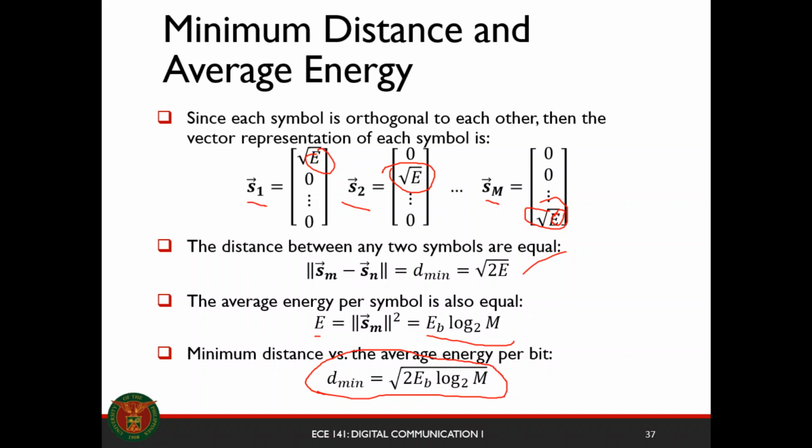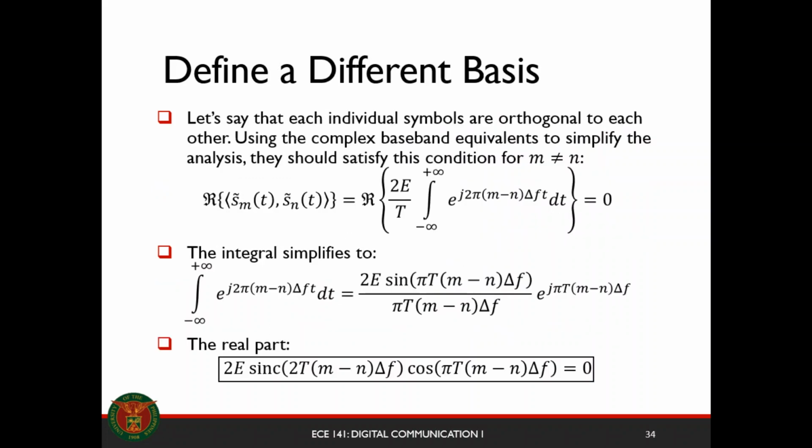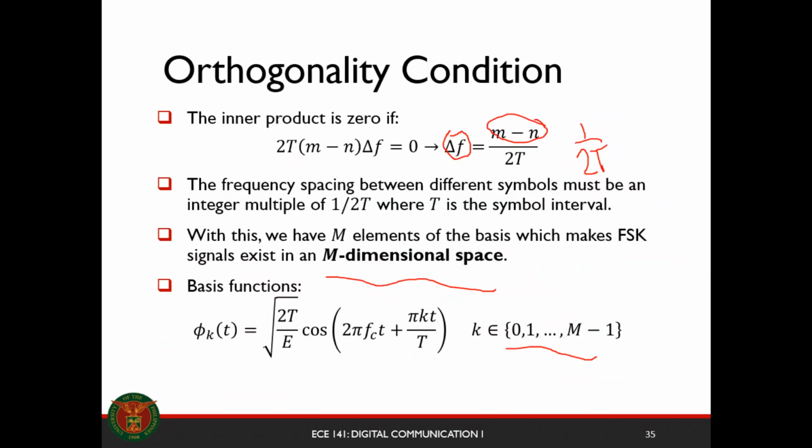Okay. So the drawback of FSK is that it uses a lot of bandwidth. By our definition of FSK, we need a bandwidth of M delta f. So if you want more signals, you need to sacrifice more bandwidth. But the good part is power. If the power is limited, we can cram more symbols, as compared to your